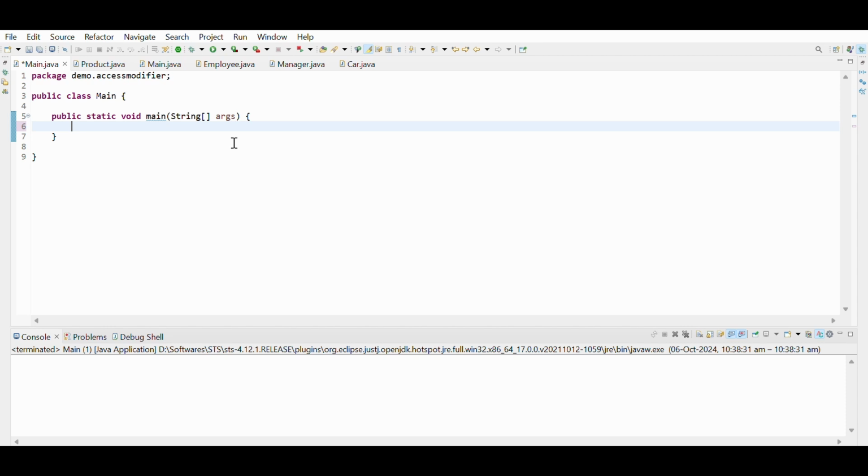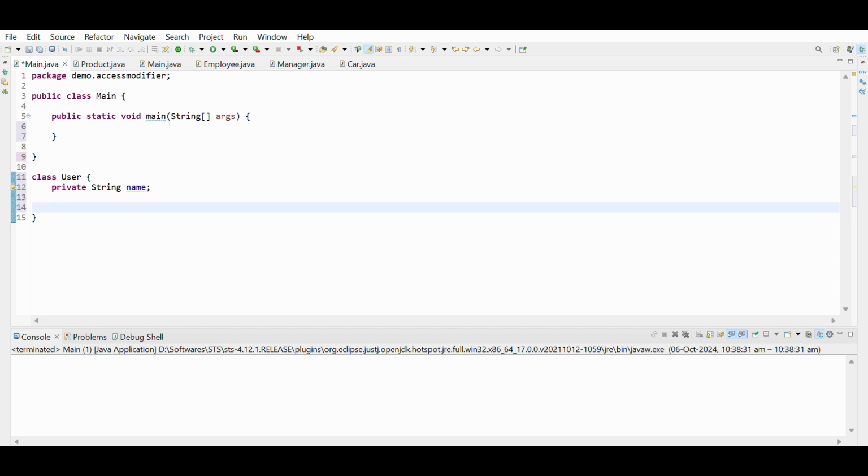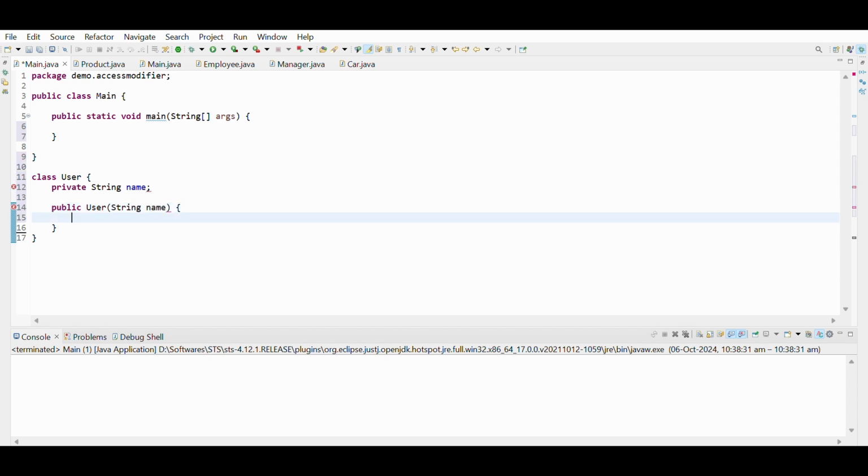Let me show you an example to understand it better. Inside this file, we will create one class, User, and the attributes and the methods that we will create will be private, and we will see it generate an error while accessing those methods from outside this class. So private String name will be the attribute. Let me create a constructor as well, public User, and it will take one argument, String name. This name value I will assign to the name attribute,